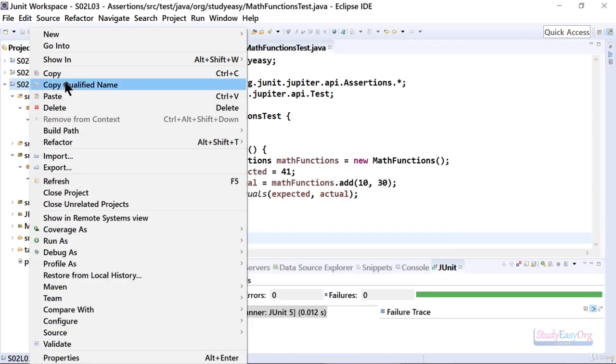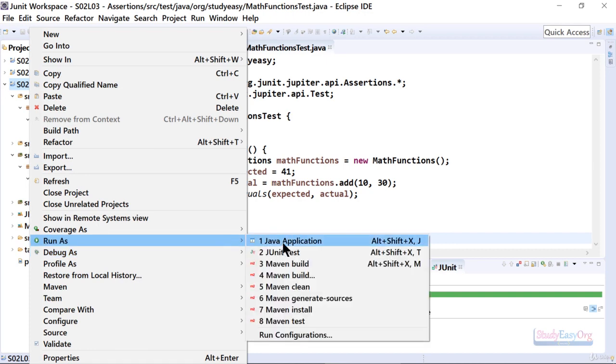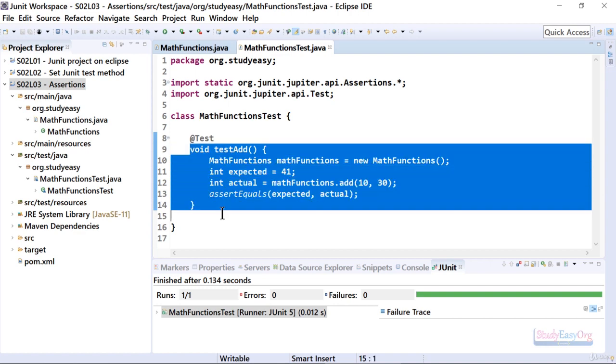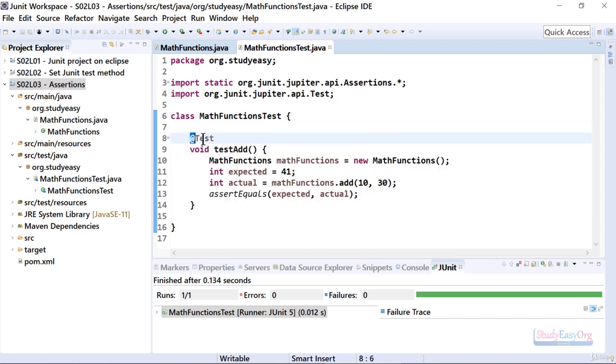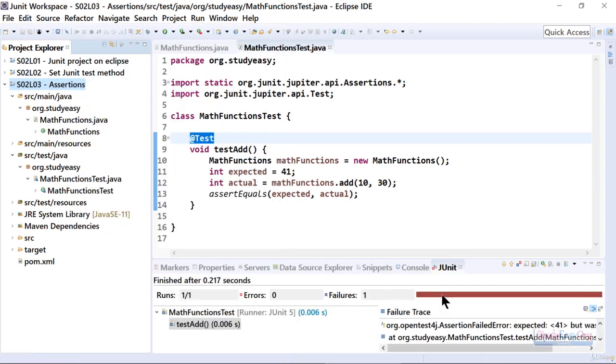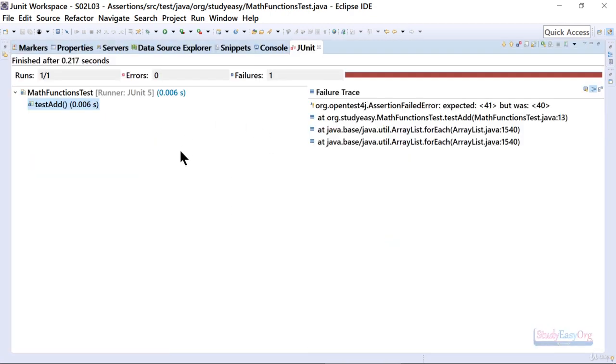And whenever we run as the application for unit testing, definitely all the methods with this Test annotation will be added and will be used by the JUnit engine, and then only we would be able to run these methods. So this Test annotation is very important, and using the Test annotation only we are able to run the test. So in here, if I run this test, here is the console where there is a failure,